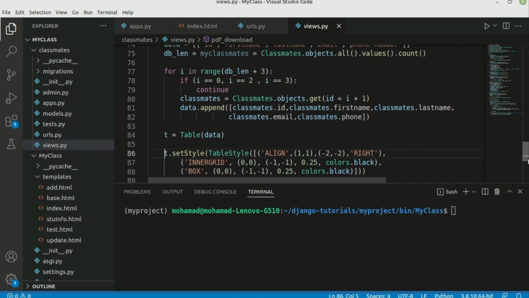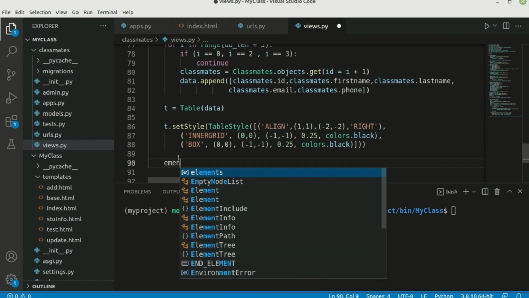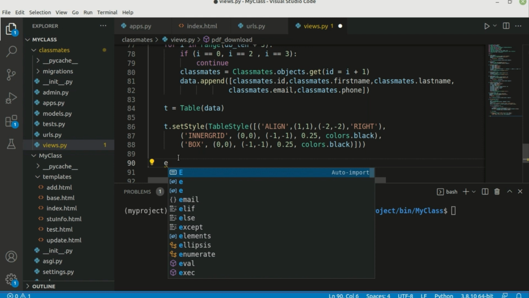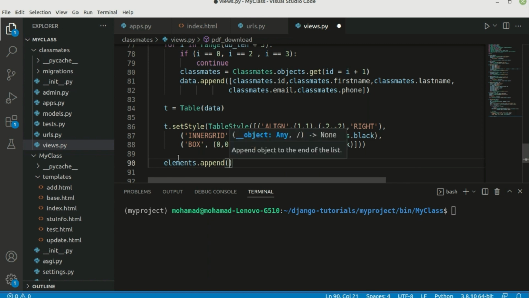So nothing fancy. You can just head over to the documentation of Report Lab in order to see how to set different styles of your table, and you can set your custom style, but here this is the most simplistic style that you can get. So now up to here we've given it some style, so let's finish this part. So now we're going to add the data, which is in the T variable, and so elements dot append, and then we're going to add T,